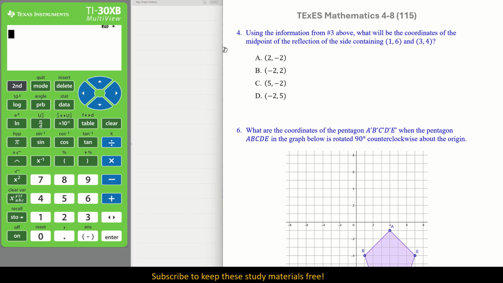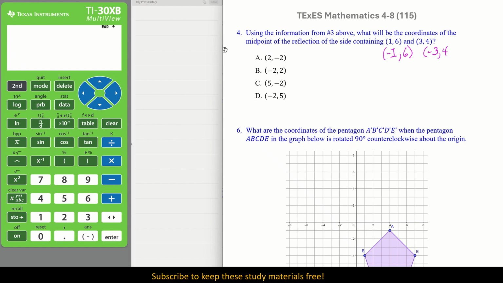Number 4, using the information from number 3 above, what will be the coordinates of the midpoint of the reflection of the side containing 1, 6, and 3, 4? Okay. Well, first you need to jot down or remember what you did from number 3. So our result was when after we reflected, we had -1 and 6, and then 3, 4, it would become